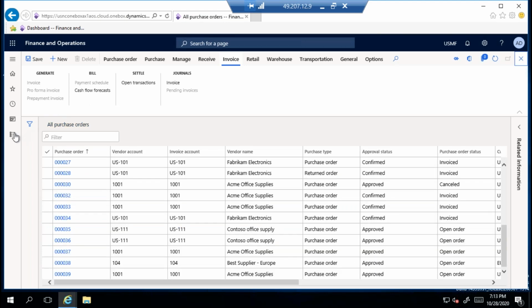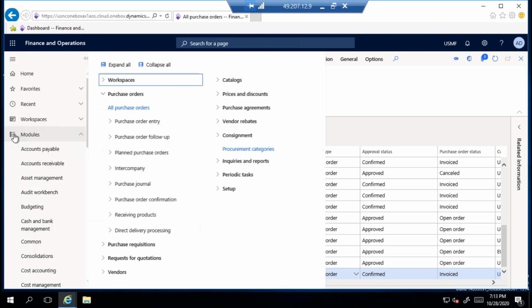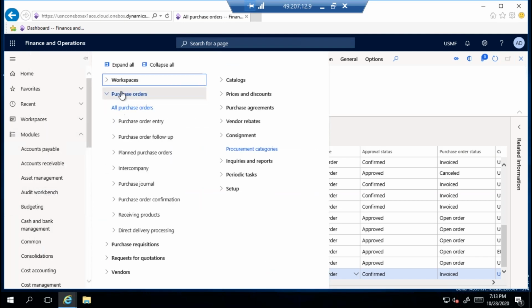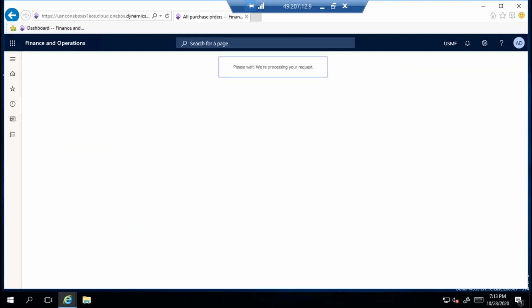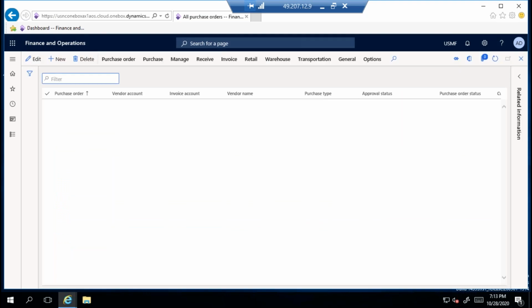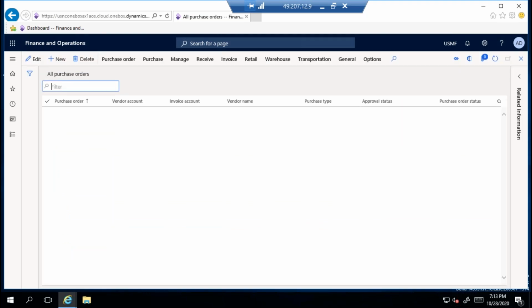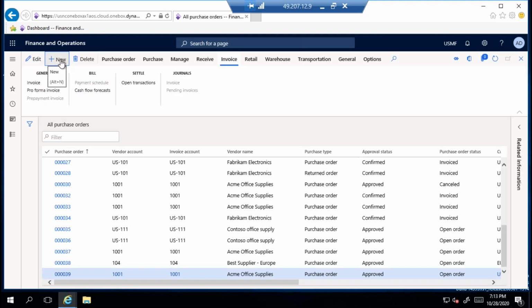So, procurement and sourcing module, purchase orders, all purchase orders. Click new.